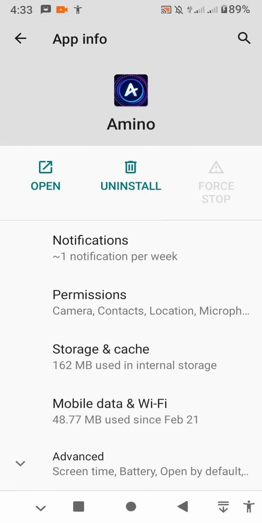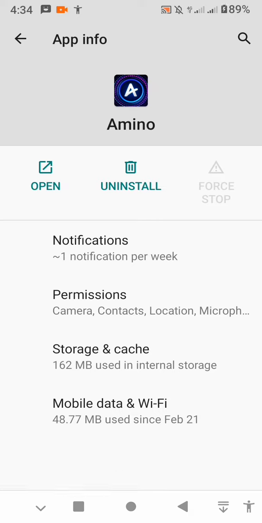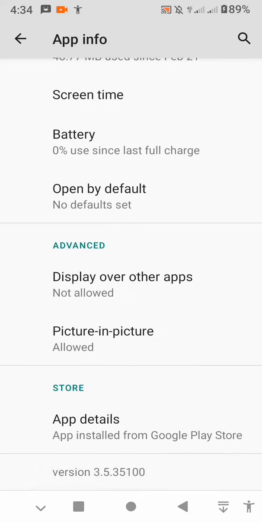So after allowing all this, what you have to do is to tap on advanced, then you scroll down, then you tap on app details. And this is going to get you to Google Play Store. So when you get over here, what you have to do,